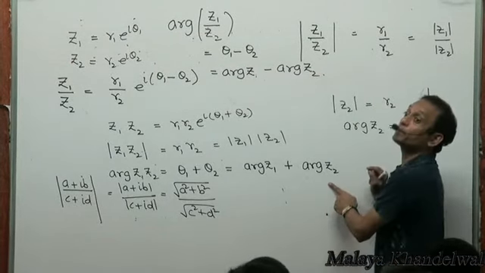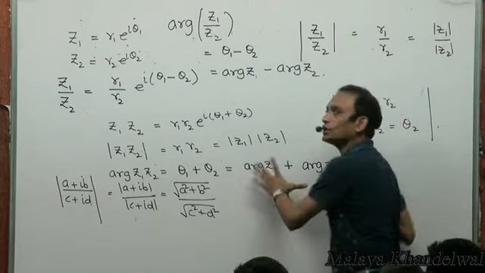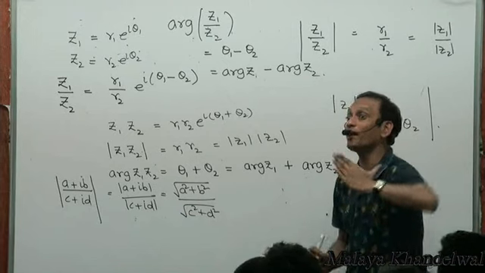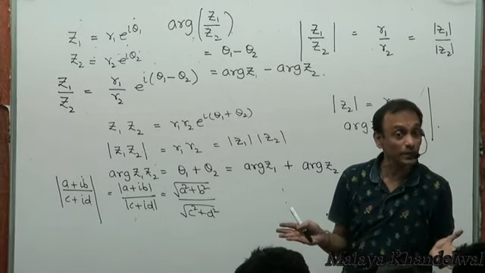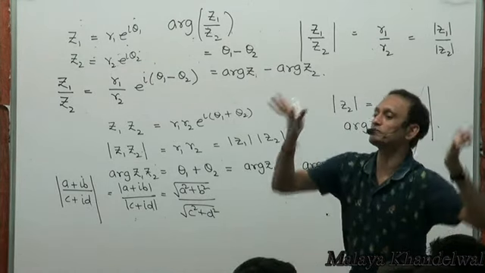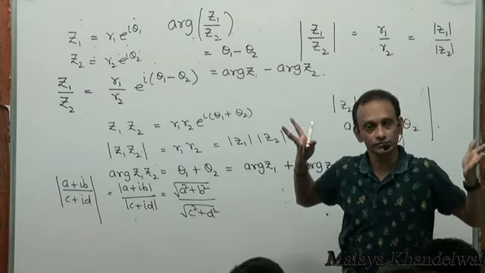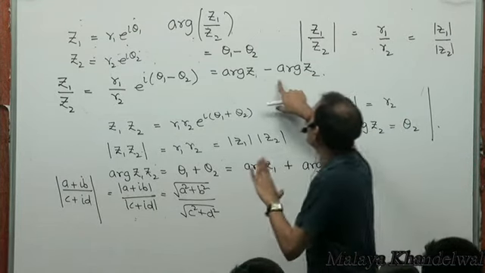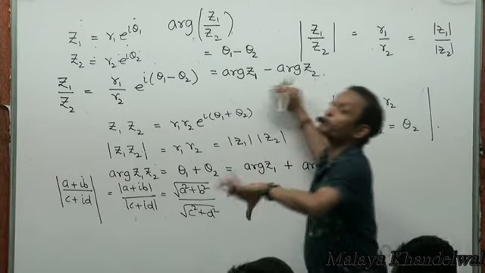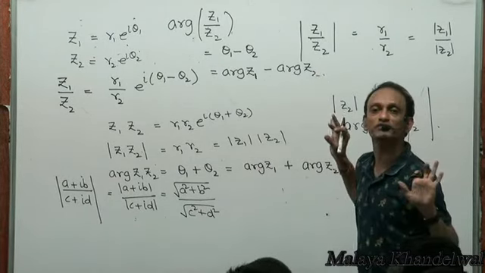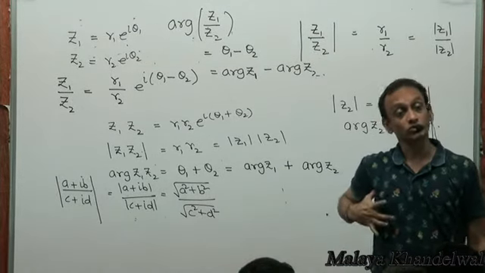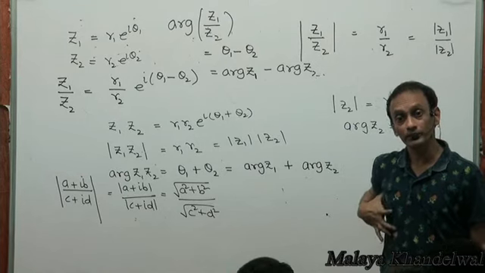This may not turn out to be the principal value of the argument, but this will tell you one of the values of the argument. If you know one of the thetas, then from there you can find a theta which lies in the interval minus pi to pi, and you can back calculate the principal value of the argument if required. Right? Similarly here also, argument z1 may be a principal value, argument z2 may be a principal value, but the difference need not be a principal value of the argument of z1 by z2. Yes or no? Is that all right?